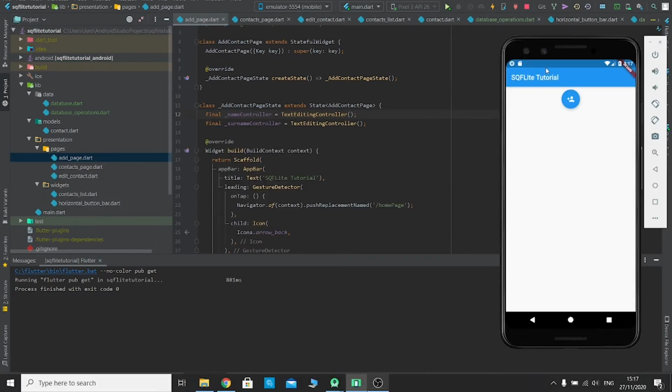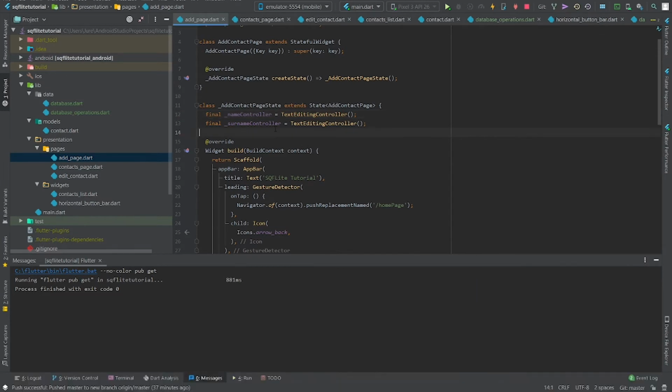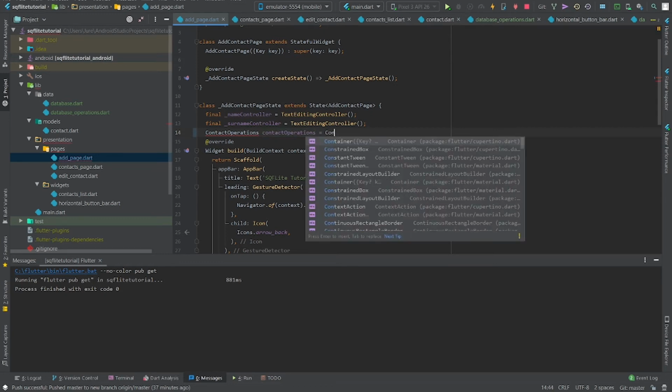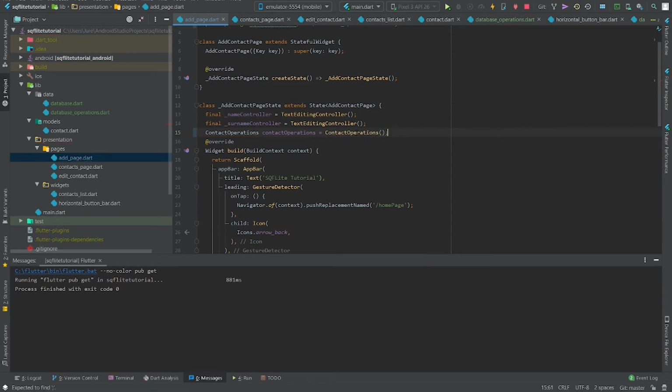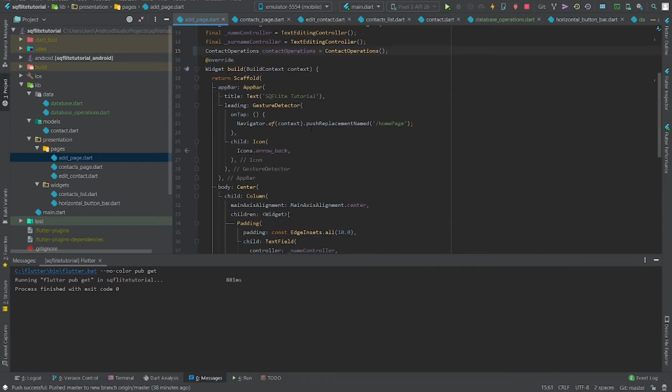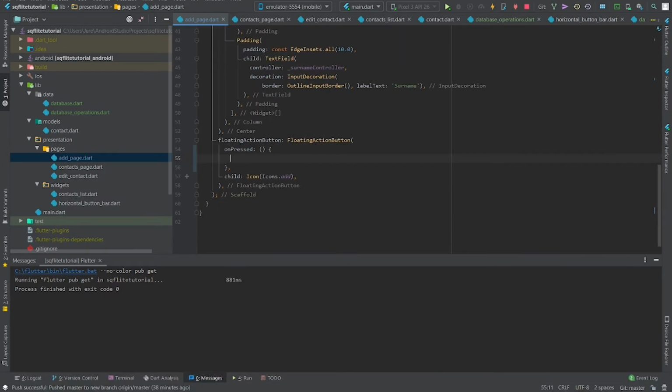So this page right here, we need this contact operations object. Here we can now take the value of these two text fields. So let's create our contact right here. Final contact is a contact,